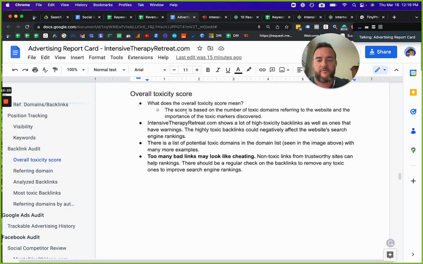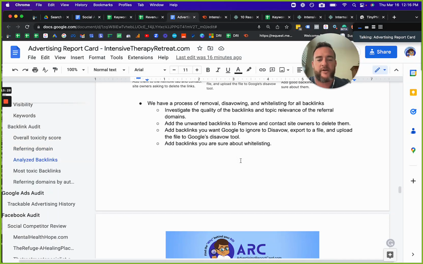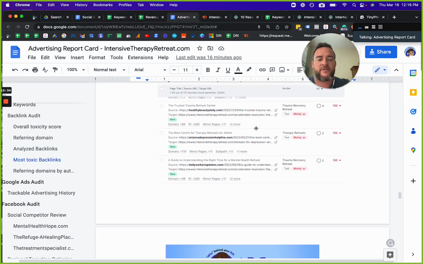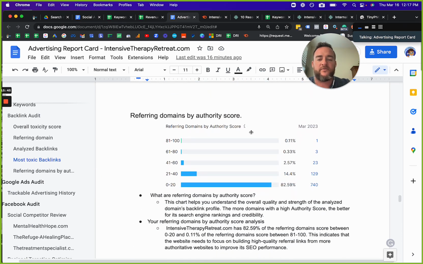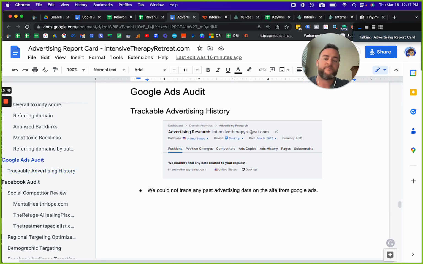And then there's also some information on backlinks, but the main thing that is working is the core content that's going on the site and the work that's being done on and off the site. And anything that's flagged as bad backlinks, if you actually look at the domain, Arizona Depression Helpline should not be flagged. It's just part of the system automatically reporting that. Those are good domains, keyword-wise, to be linking from.